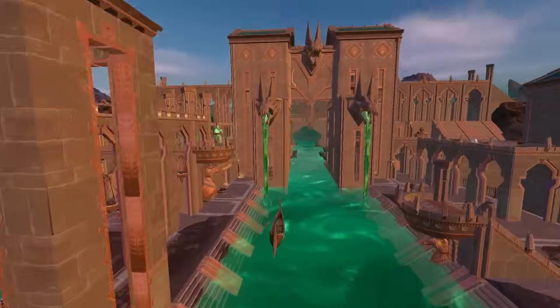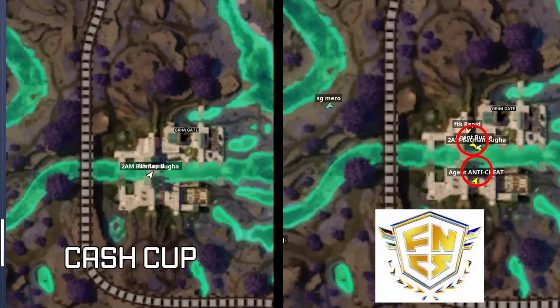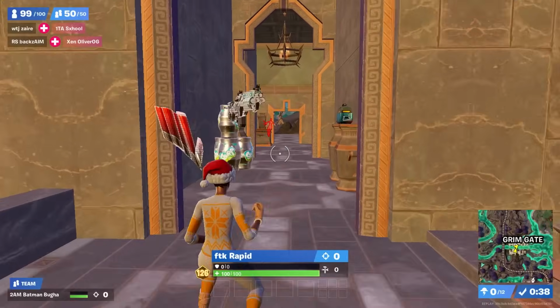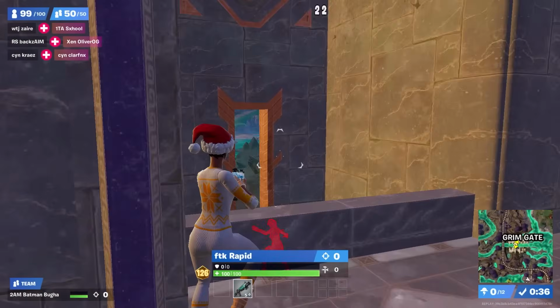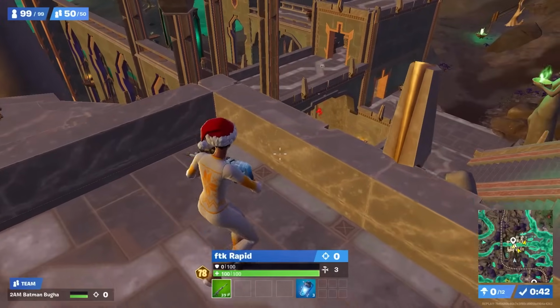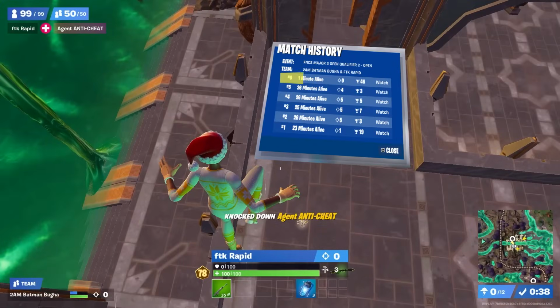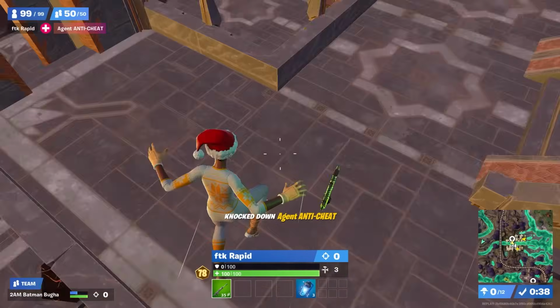Batman Bugha and Rapid land at Grim Gate, and in the Cash Cup they were uncontested, but in the FNCS week they were contested by Bucky and Ocus. When contested at Grim, both teams would either instantly 50-50 the drop or disengage and split the POI. This means there wasn't that much depth to these fights outside of who had the best drop. Clearly Batman Bugha and Rapid had better drops as they only died off spawn once and outplaced Bucky and Ocus